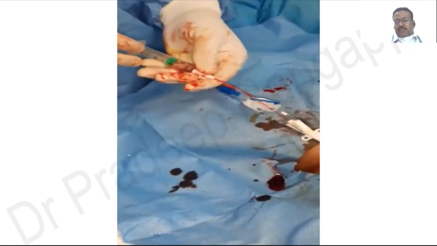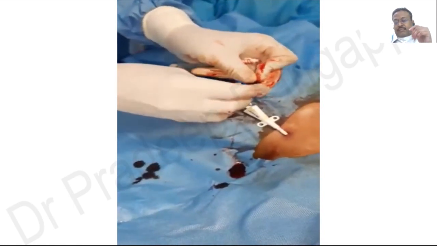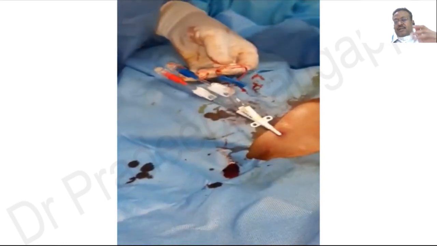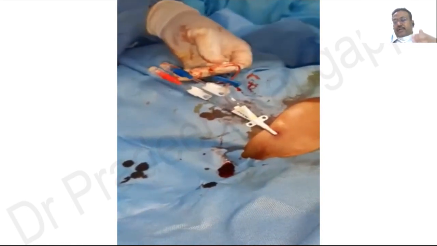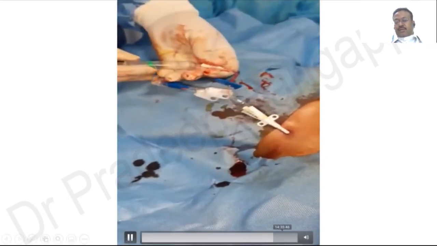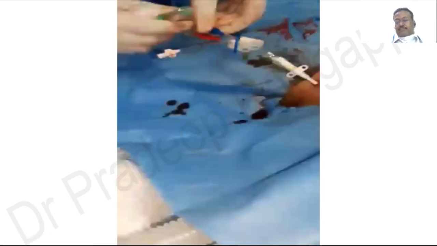So as you see, he's aspirating the blood from all the 3 lumens. And as you saw, he had made sure that he had aspirated all the lumens and put in saline, so that whilst you're aspirating, whilst you're negotiating the tube, air is not pushed in, because that can lead to air embolism. That also can be risky because the lumens of these catheters are very big.